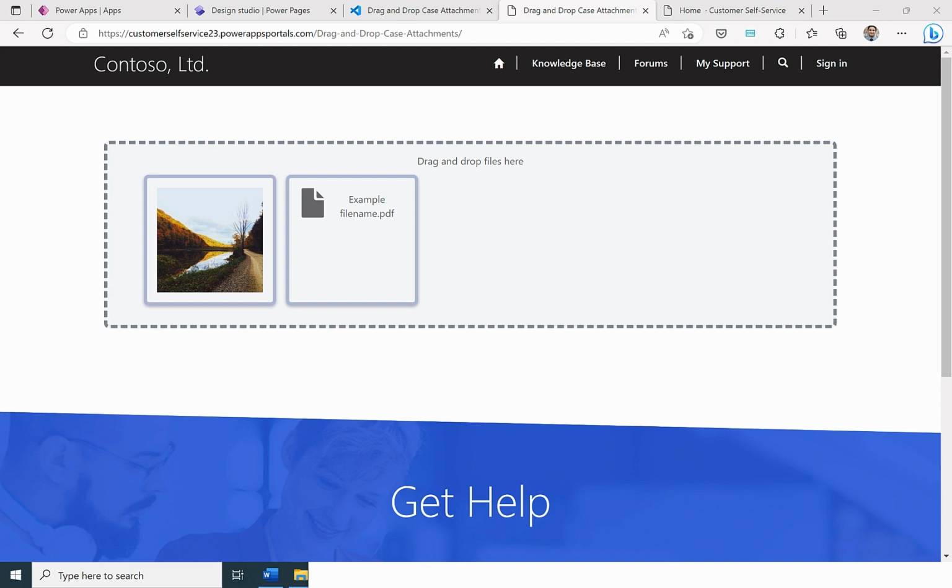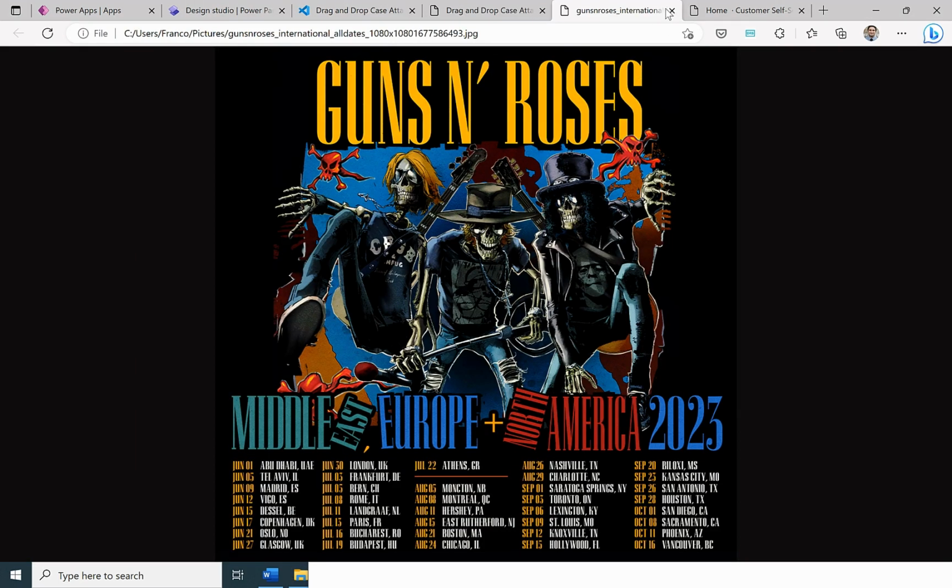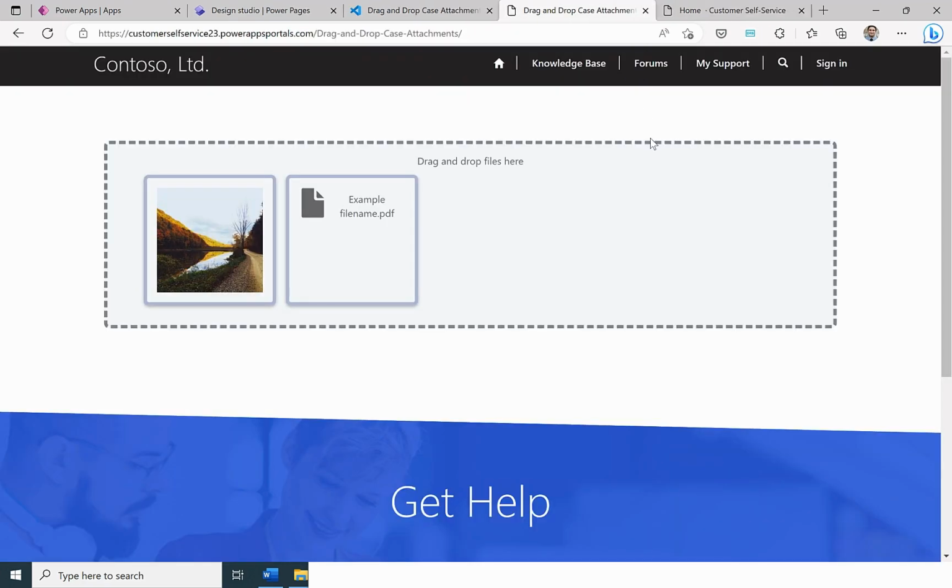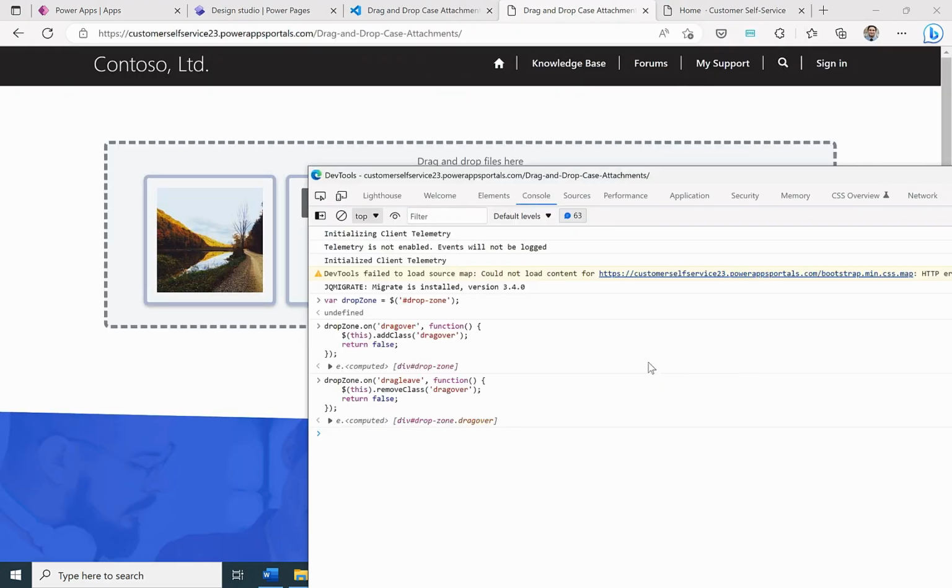So again, we'll need a function. We're going to do this on the drop event, and we want to prevent that browser default as the first thing that we do. Like we saw before, if I just drag a file into the browser, it's just going to open it or it's going to download it. That's not what we want. My next event,